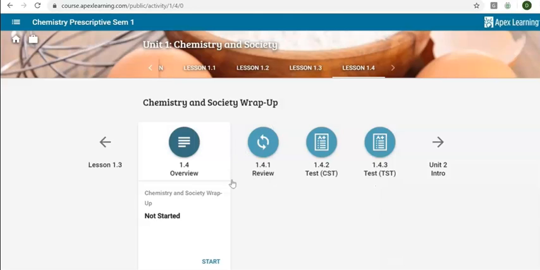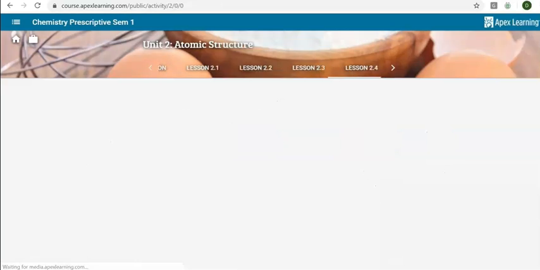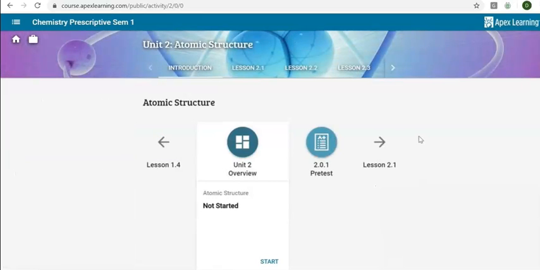We've got an overview, we've got a review. CST is computer scored test, TST is teacher scored test. And you'll decide which one or both of those the students should take. Unit 1 is completed, and then the student would launch into Unit 2. So that is the structure